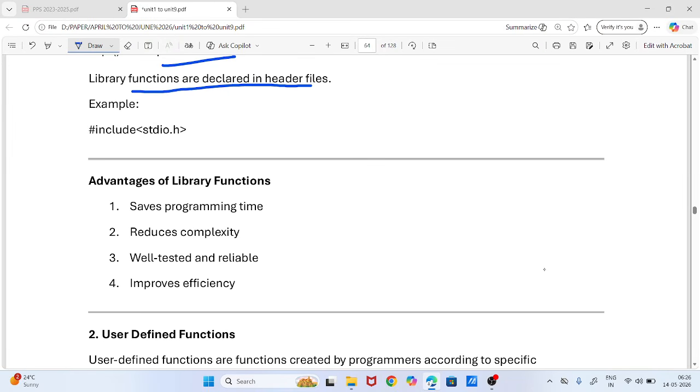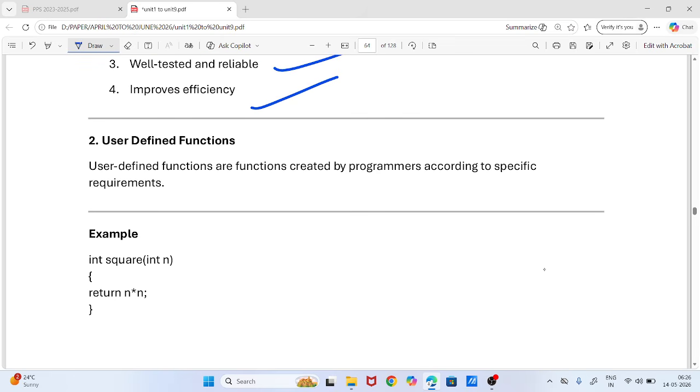#include <stdio.h>. These functions are included in this header file. Advantages of library functions: library functions save programming time. They reduce complexity, are well tested and reliable. It improves the efficiency. User-defined functions: these are functions which are created by the programmer according to specific